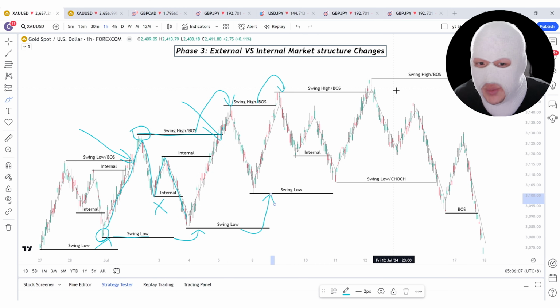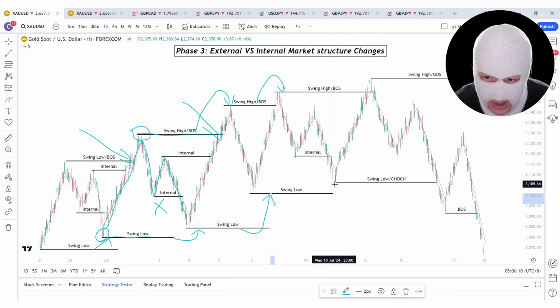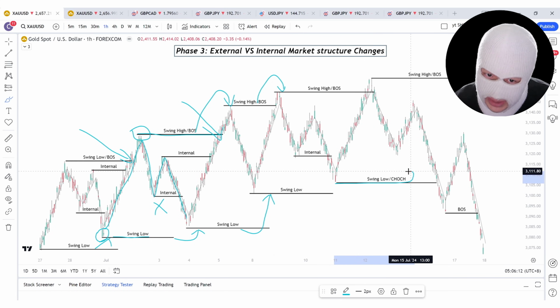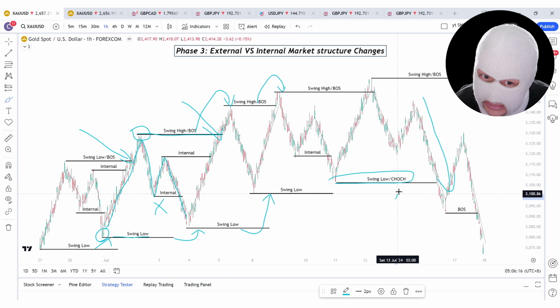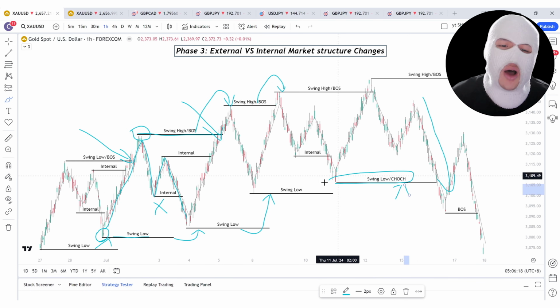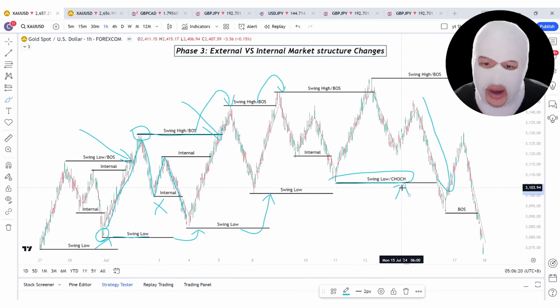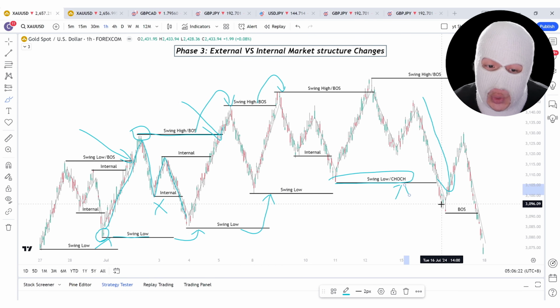So what happens when we start breaking our external lows? We have a significant move to the downside. Now, that is what we call a change of character. Okay? So now our external high remains the same, but our external low now becomes this low that broke the